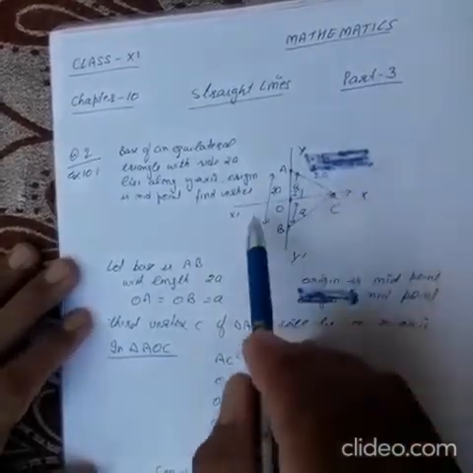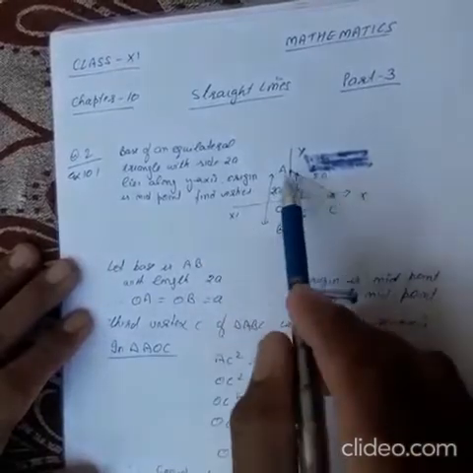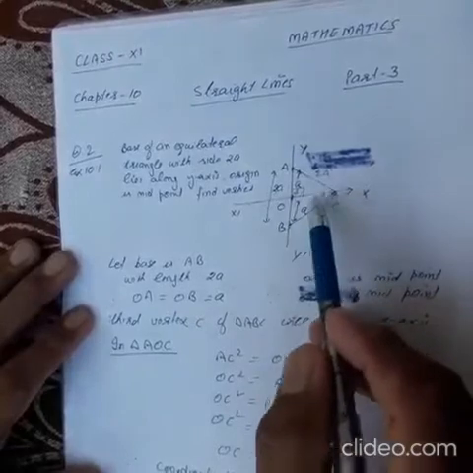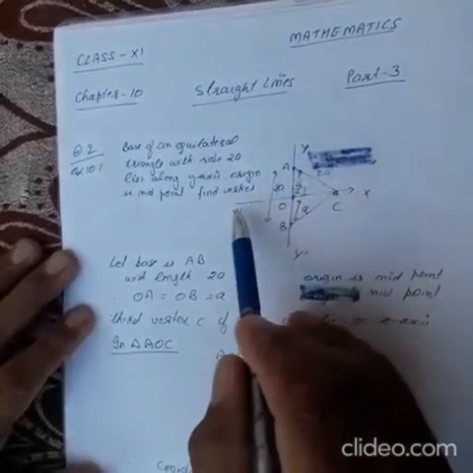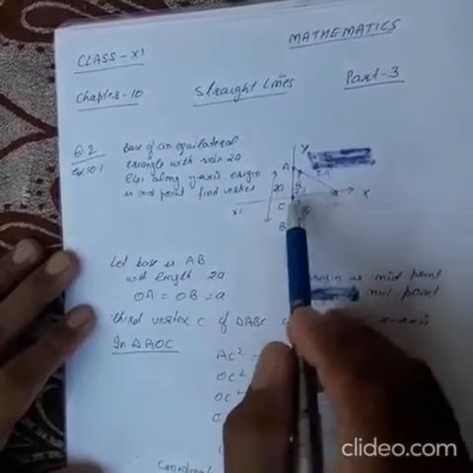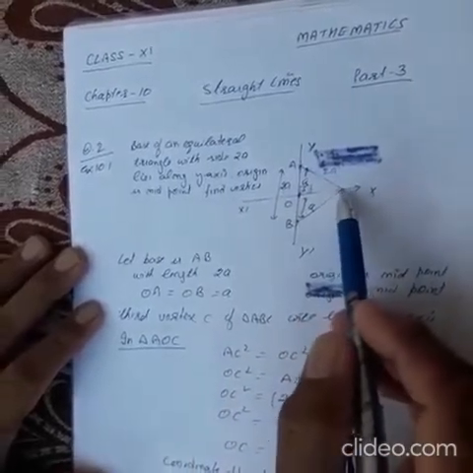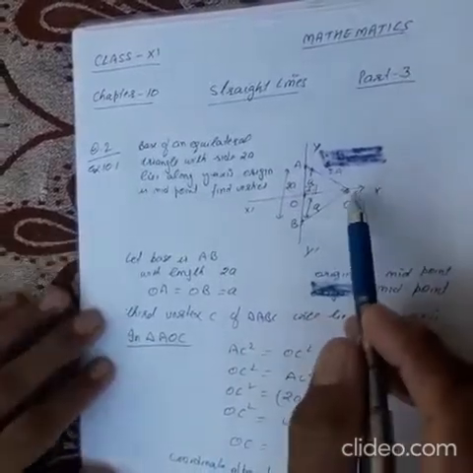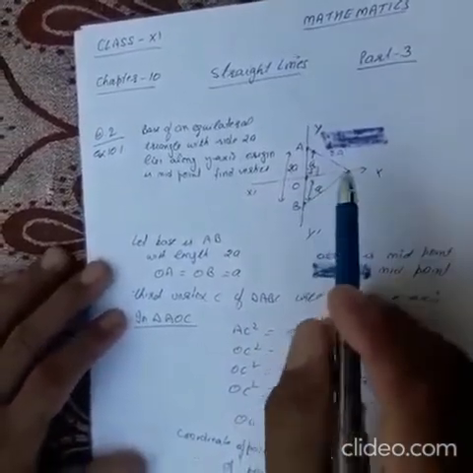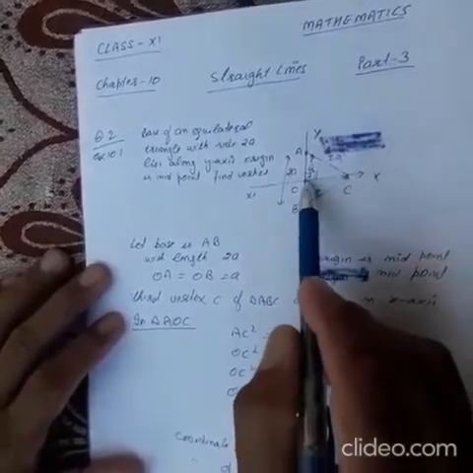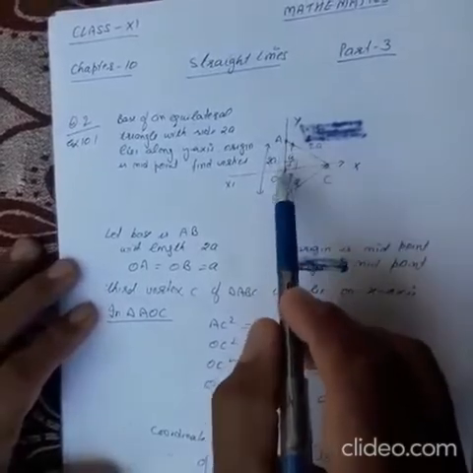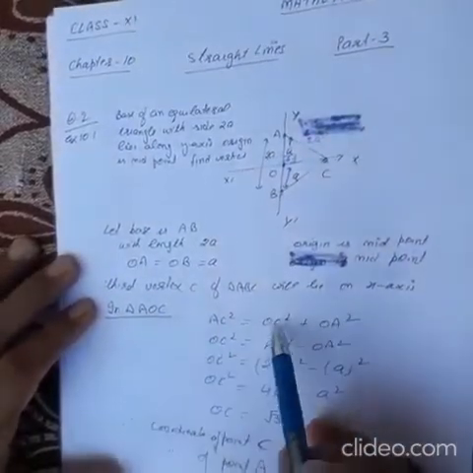Why will point C lie on the x-axis? Because in an equilateral triangle, the perpendicular bisector, altitude and median all lie along the same line. So therefore the third vertex C will lie on the x-axis only. Now to find the coordinates of point C, we will find the distance OC using the Pythagoras theorem, because triangle AOC is a right angle triangle.